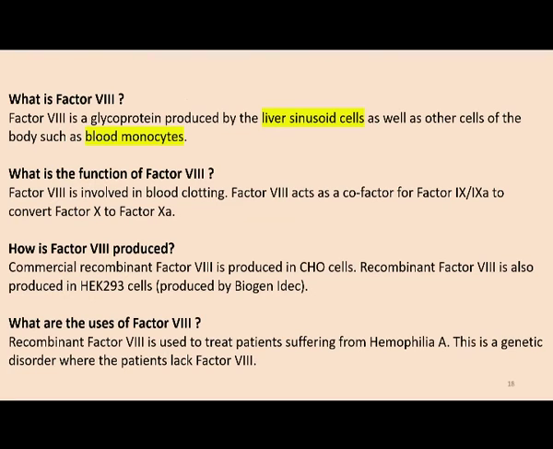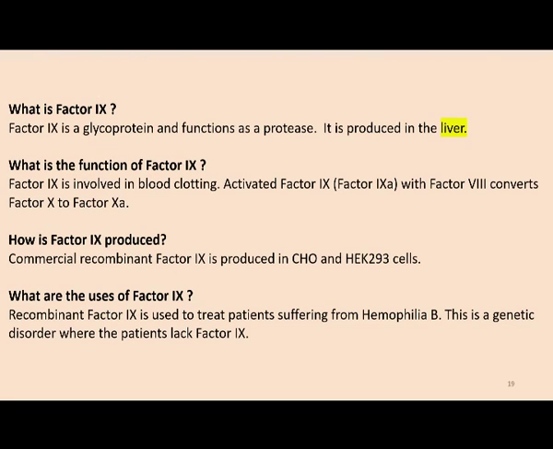And clotting factor 8, again similar to erythropoietin, is produced in the biopharmaceutical industry through CHO cells. However, in recent times HEK, which is human embryonic kidney epithelial cells, so HEK cells have also been used to produce clotting factor 8 in the biopharmaceutical industry. Then we come to the next clotting factor, which is clotting factor 9. And clotting factor 9, the absence of clotting factor 9 is known to cause the disease hemophilia B. This is again a genetic disease, and